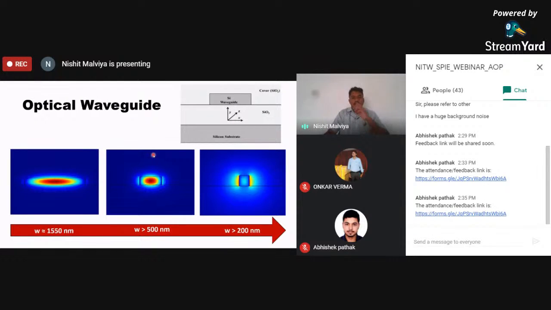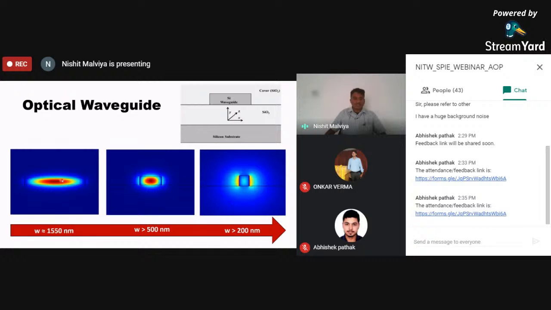Here I also introduce how these fundamentals become a technology, or come into devices. When we talk about a simple rectangular waveguide, what happens here? We also move towards one revolutionary waveguide. This is the rectangular waveguide, with a silicon substrate, SiO2, silicon, and then the cover. When the size of the device is comparable to our operating wavelength, then it is 50 nanometers.